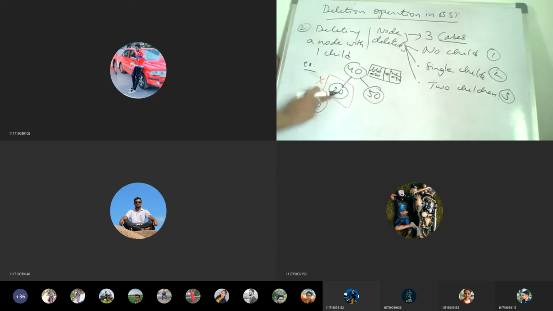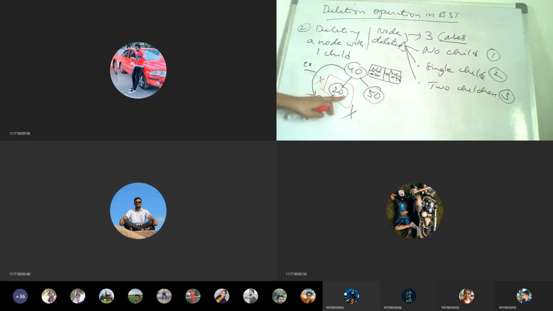Yes. So when you want to delete a node that has a single child, what you have to do is, its parent's left side link should be connected to its child, so that this node is deleted logically. So if I do this, is this not deleted? Yes, ma'am. I want the response from you. Is that clear?